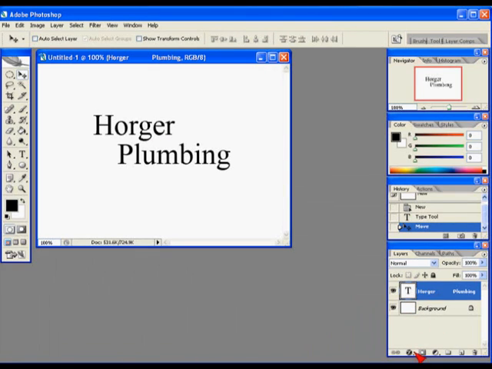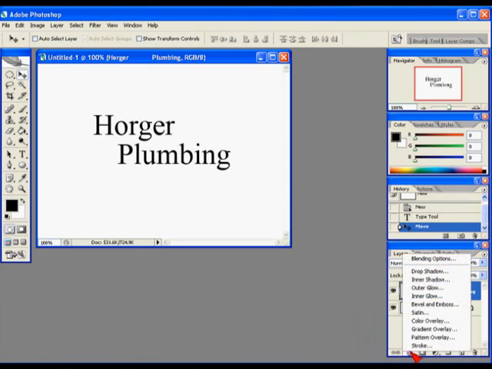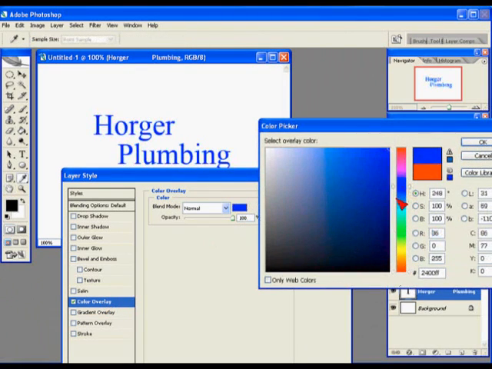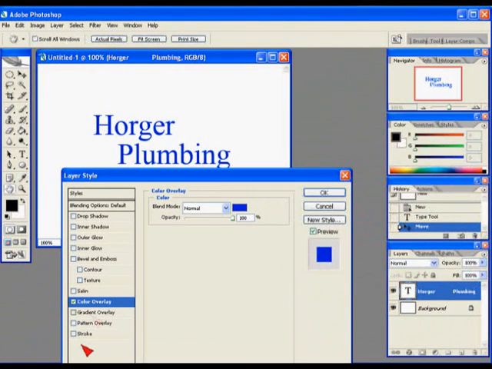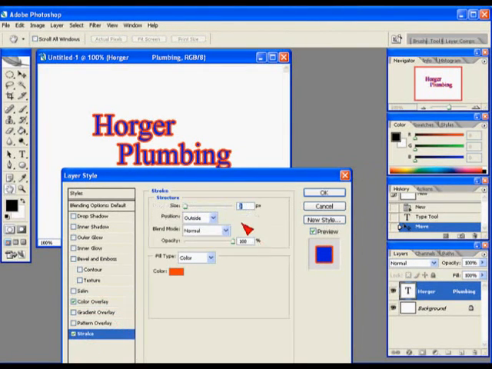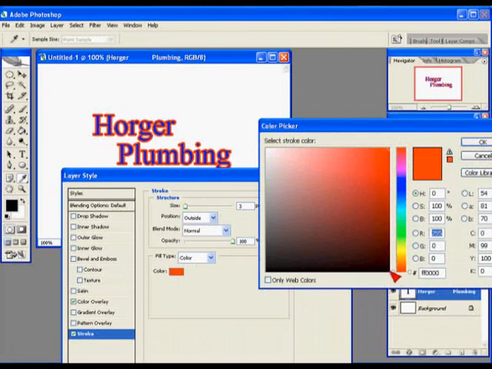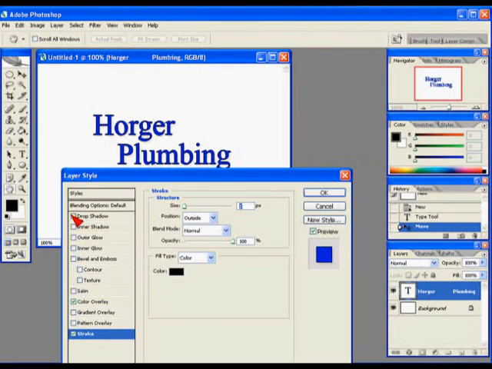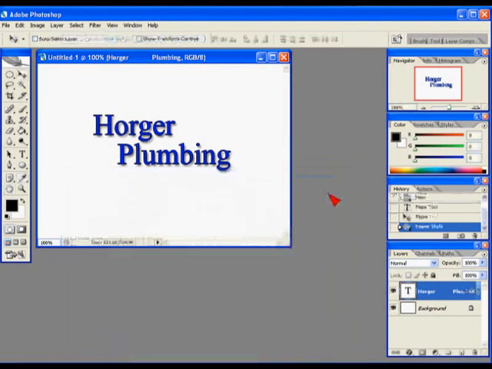I'll just highlight the text layer and come down to the layer style menu, and what I'm actually going to do is change my color from black. I'm going to make it a blue color, sort of a royalish blue. I'm going to add a stroke, and instead of red I am going to make my stroke black, and I'm going to lower the size to 1, so I only have 1, and then I'm going to add some drop shadow on it, and there we have the Horger Plumbing,